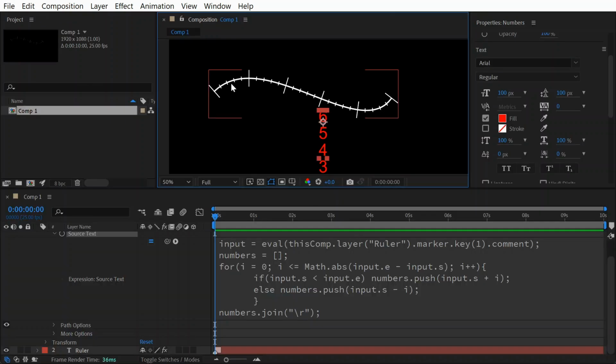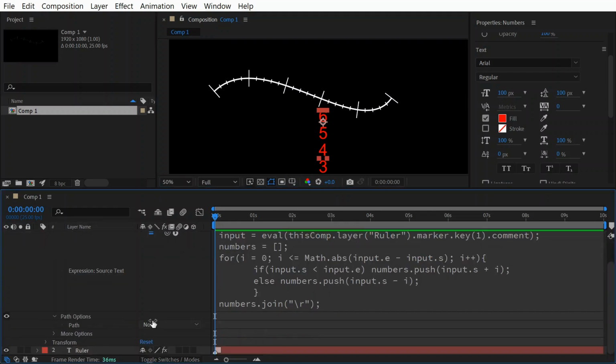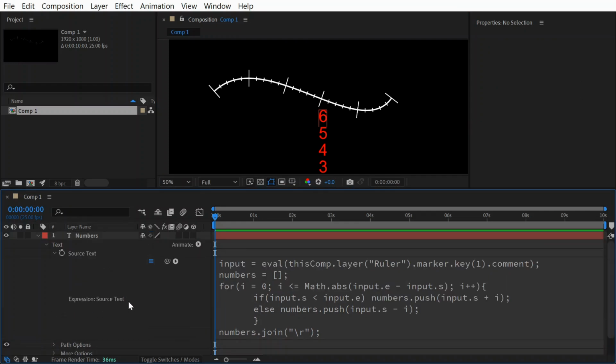How do we position each number along the spline? In the previous example, selecting a mask from the path options took care of positioning and orienting each square character along the mask curve. In this case, it wouldn't work for two reasons. First, the mask has to be on the same layer in order for the characters to follow it. Second, it's designed to spread each character along the spline, and here we're working with lines, but we'll manage it